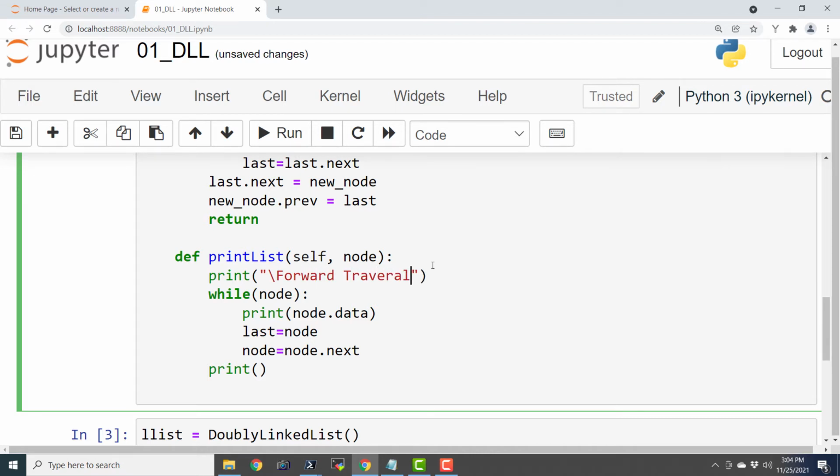So this is the beauty of doubly linked lists, that we can traverse in both directions. I'll just copy this and paste it.